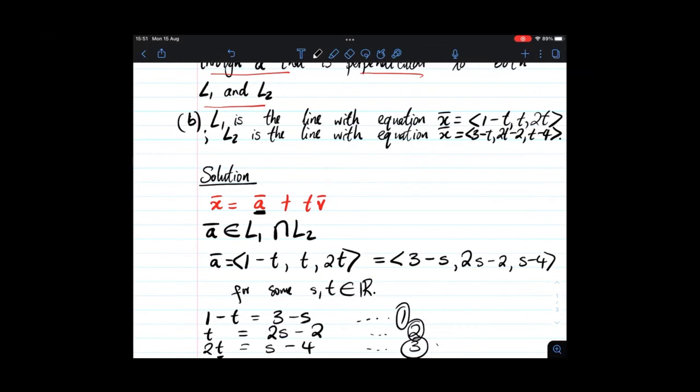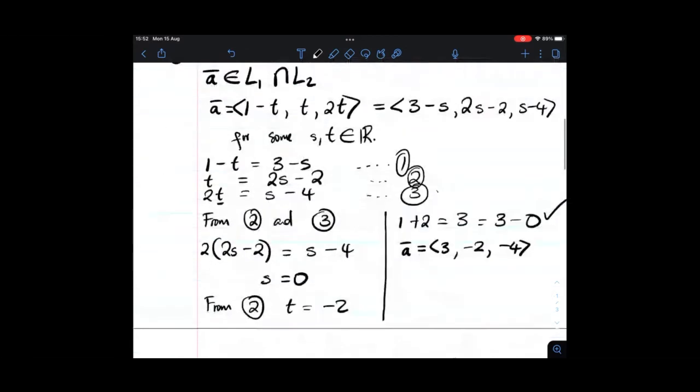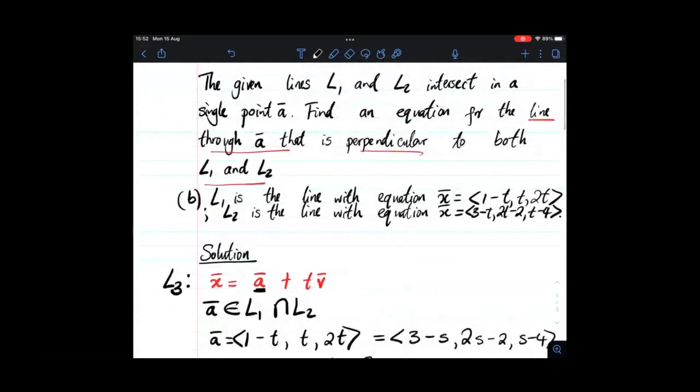I'm just going to call it L3. So this would be L3, which is such that its equation is like that. So now I want to find V. And in the question, I am told that this line is perpendicular to both lines L1 and L2. So if I think of the direction of L1 and of L3, then it should be perpendicular to L1 and